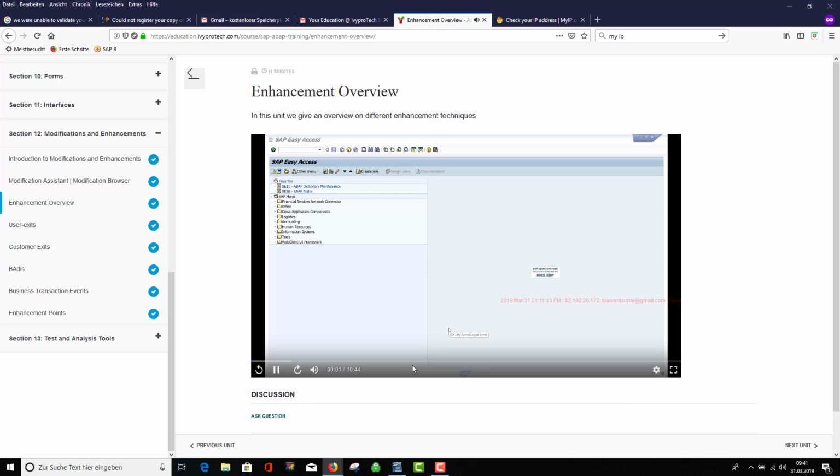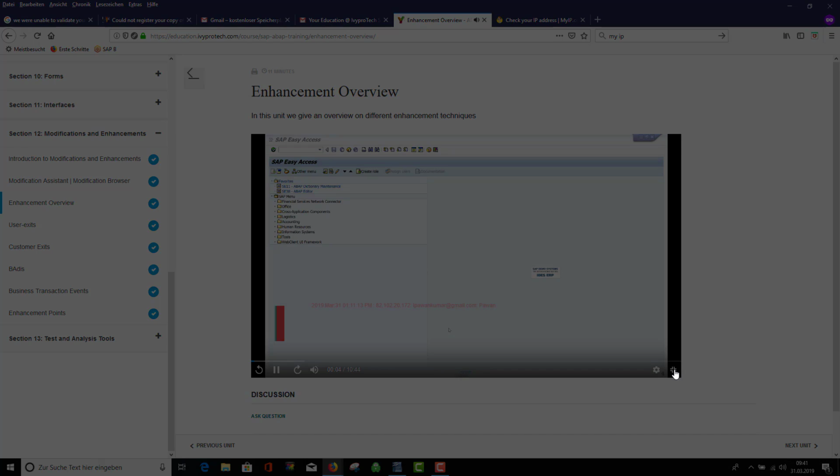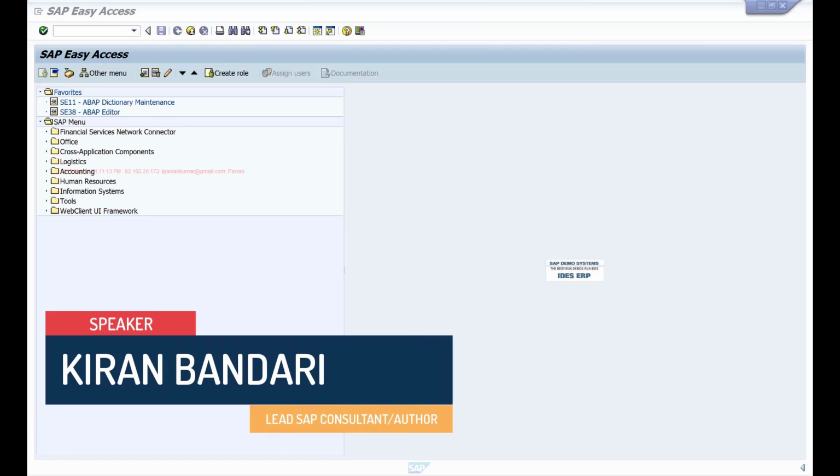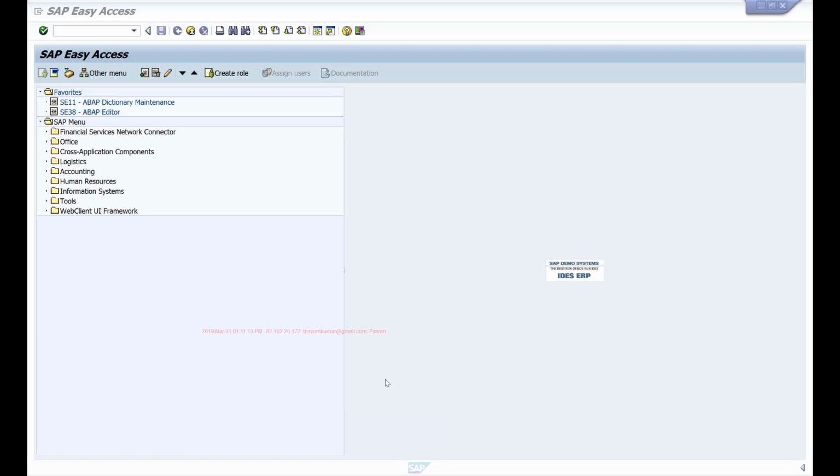Before we discuss these different enhancement techniques that you can implement in your SAP system, in this session, let me quickly give you an overview about these various enhancement techniques that are possible. Enhancements have evolved over a period of time. So with every new release of SAP system, SAP tried to make them better, and all of these enhancements that we'll be discussing allow you to extend the functionality of your standard SAP application without actually modifying the standard code. So you can interrupt the standard SAP program and make it execute your custom code to achieve that custom functionality.